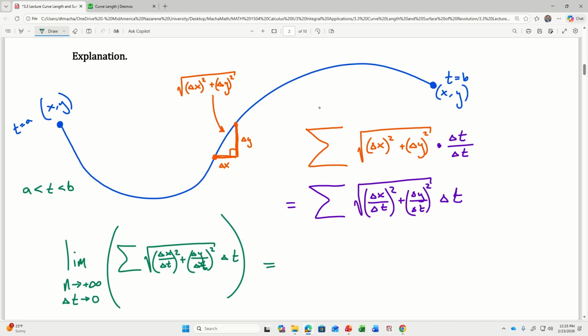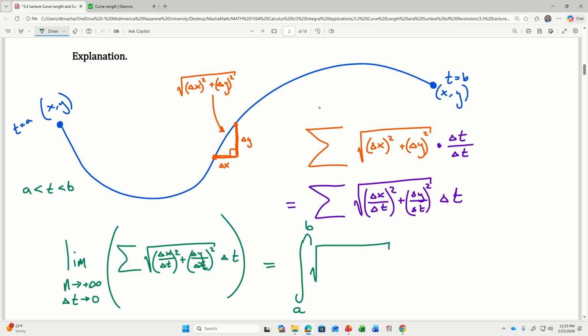and since this is so much to write, people of course invented the integral notation to represent the kind of limit you're taking as you increase n to infinity and delta t to 0. In the integral notation, we just say what the lower bound is and what the upper bound is, and then the integrand will be the square root of